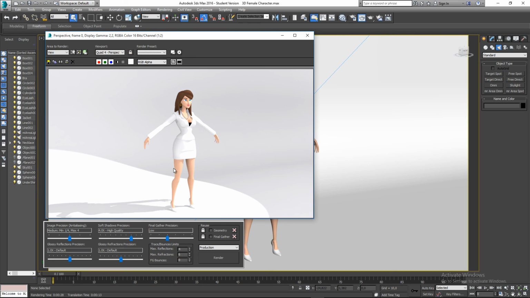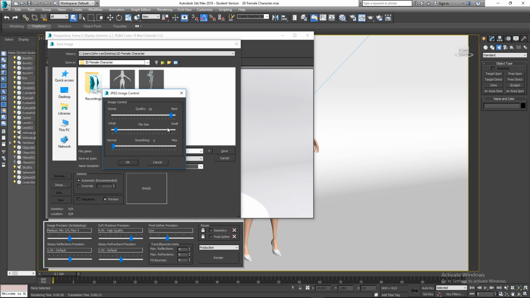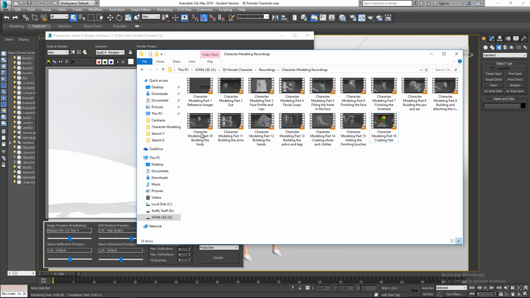the image once it's done. So for example, there's my character. Top left, there we have save image. So I'll click on that. And then I can just call this, I can't remember, I think the project specified what you should call it. I'll just call this final render for now. And you can choose what format you want to save it out as. So I'm going to save it out as a JPEG or PNG, whatever you choose. I'll save file, change that to best quality, click OK,